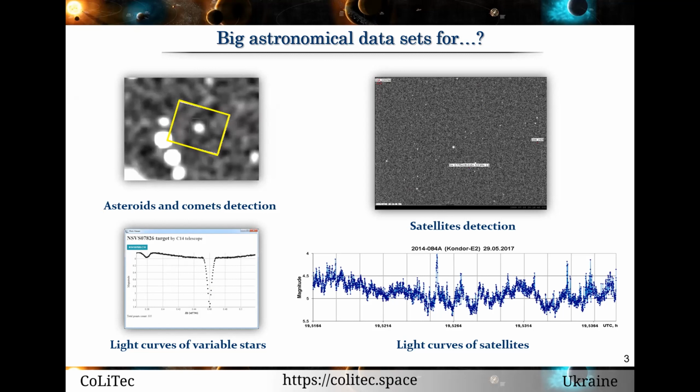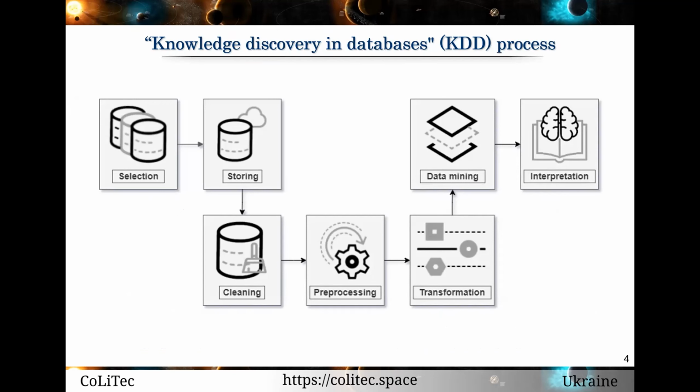The regular series of frames can contain hundreds of frames, where in one frame many thousands of objects are presented. For scientific research and analysis, such a big amount of data should be processed by special data mining preprocessing methods and data reduction models, which simplify input by reducing unnecessary information. This means that we also have data mining problems in astronomy. So how can we solve them? For the proper processing, we need to use all steps from the knowledge discovery in databases, KDD, process, which contains the data mining stage in it.